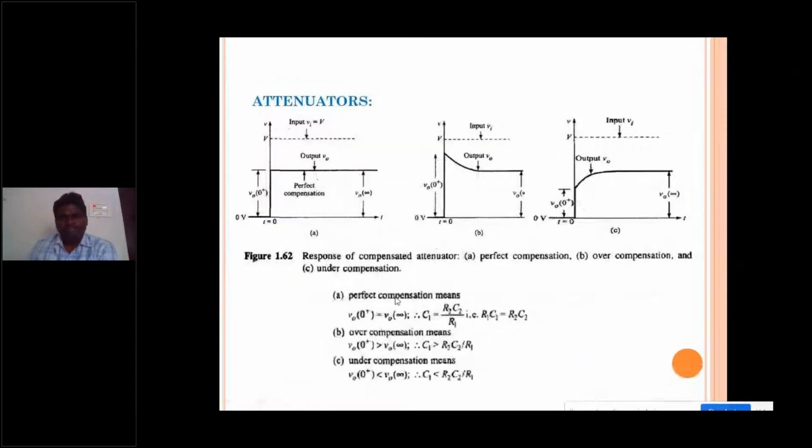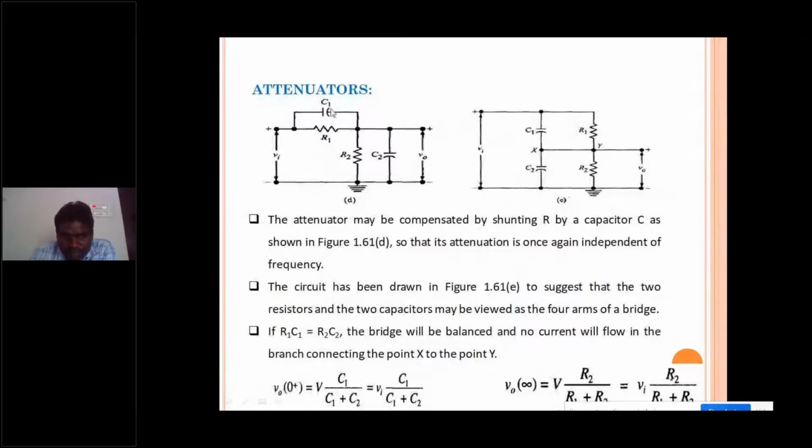You can see here different compensations, how to compensate. For example, this is the capacitance C1 which I am connecting. This is physically connected, whereas C2 is not physically connected. C2 is the stray capacitance that is existing by default. C1 is the external capacitance connected by me. So this is a variable capacitance. I can vary this capacitance until I get a balancing condition in the circuit.